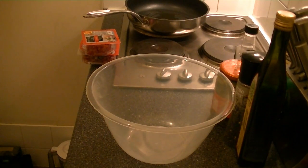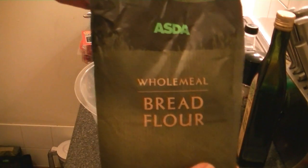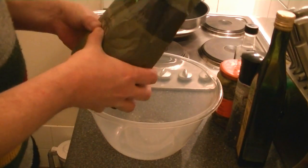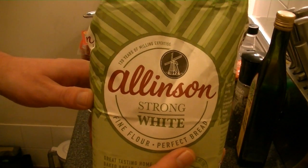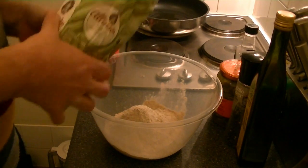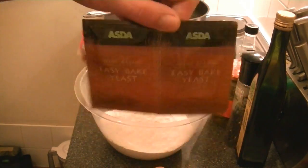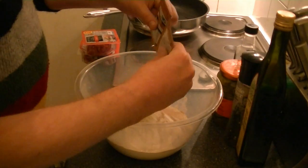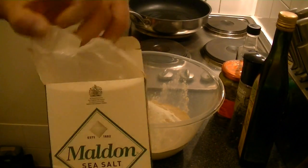Righty right, ladies and gentlemen, the oil is still heating up, so grab yourself a big bowl. To your bowl, add 500 grams of wholemeal bread flour, then add 500 grams of strong white bread flour, then add 2 sachets of dried yeast, then add 1 tablespoon of sea salt,